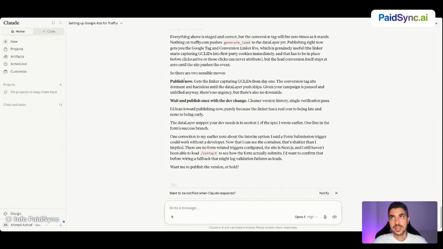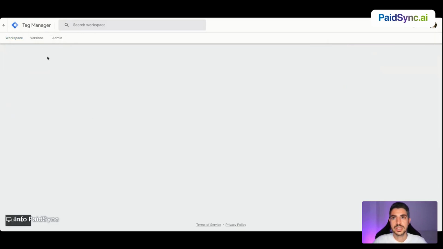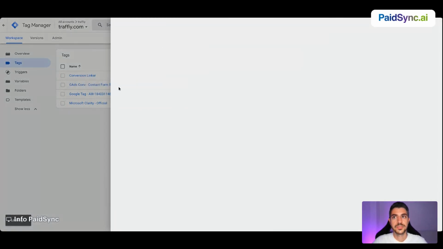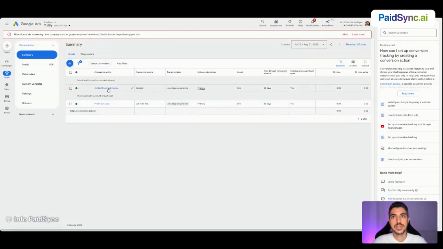So it's created, it's just telling me not to publish since I don't have the right data layer yet. This is how my Google Tag Manager looked before. Let's refresh and see how it looks now. So it created all the events, created the Google Ads conversion tracking. It pulled the conversion tracking ID by itself. So if I go inside and click